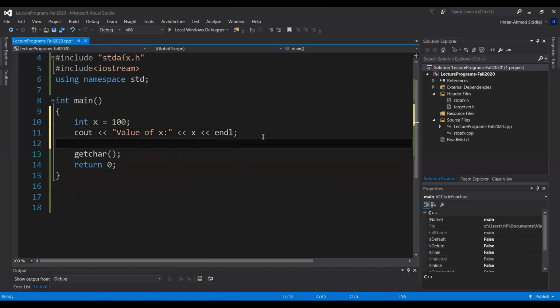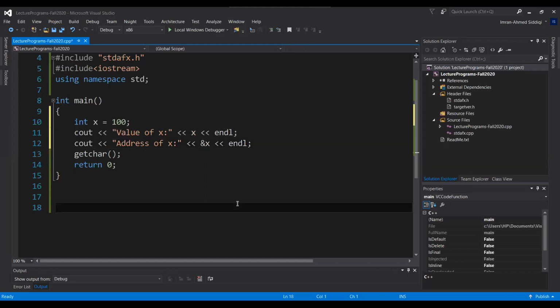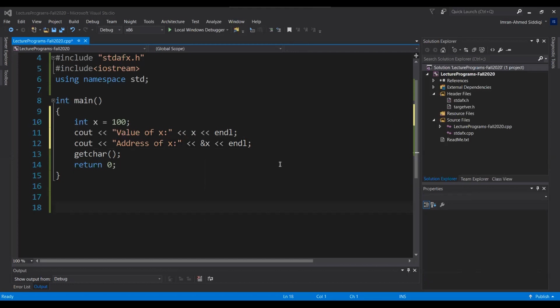But let's see what happens if I'm interested in address of x. So I told you you can use this symbol and this will give you address of x. For the time being, let's not store this address in a pointer, just see what it gives you. So I will run this program and I'll share with you the output window. So I compile it, just give me a few minutes before it runs.